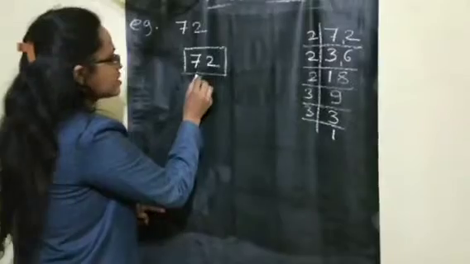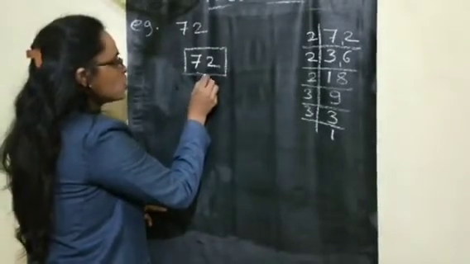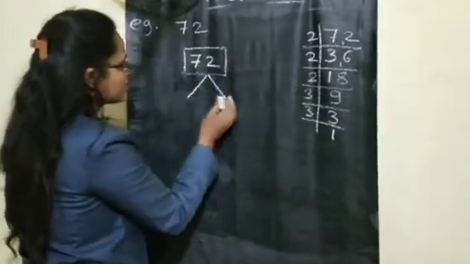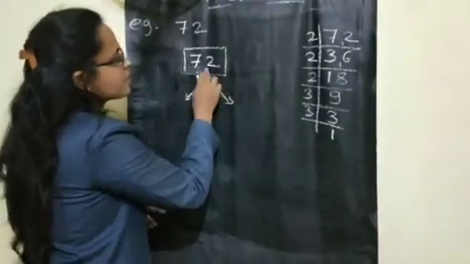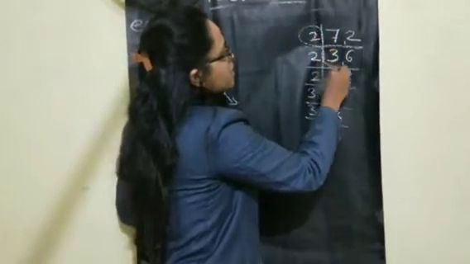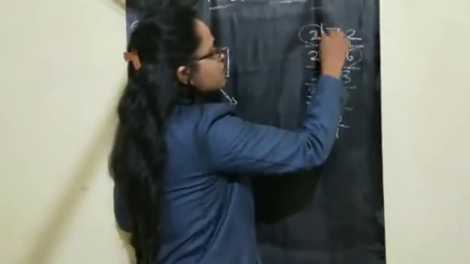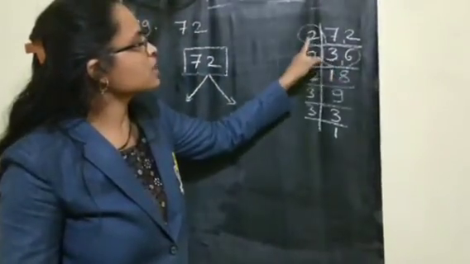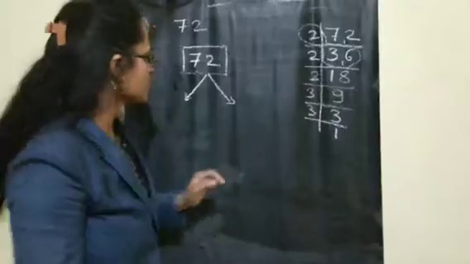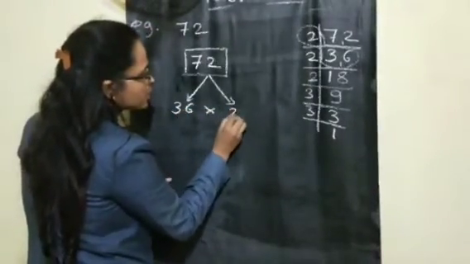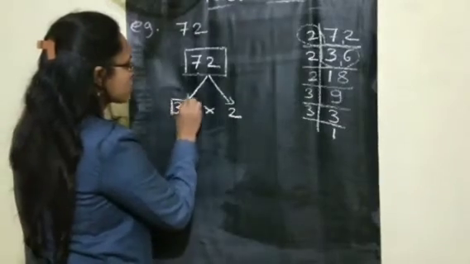Okay. Now let us split the number. I told you, you can split on the right side or left side. Let me split the number now on this left side. Now if you see 72, how can we get it? 36 multiplied by 2. 36 multiplied by 2 we can get 72. So write here 36 multiplied by 2, children. So put this number in the box now.